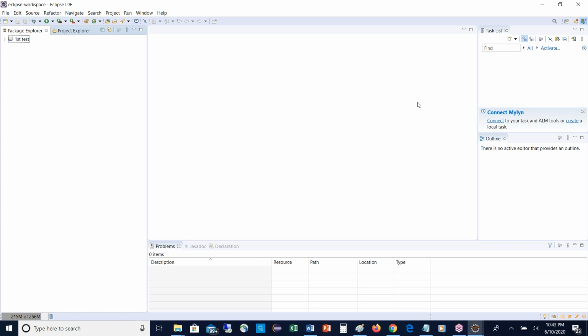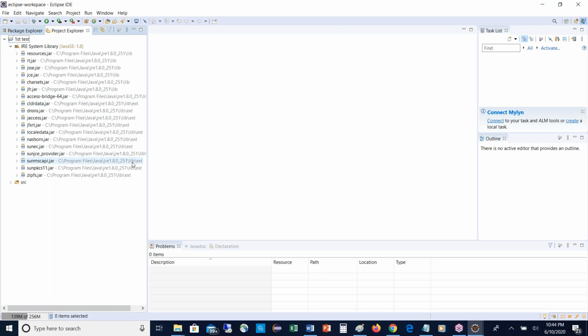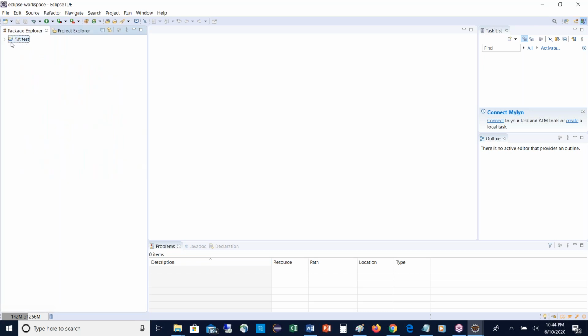Now we have done opening Eclipse and creating the project. Can you please expand the project? What is your project? Go to Package Explorer only. You unnecessarily opened the Project Explorer folder.